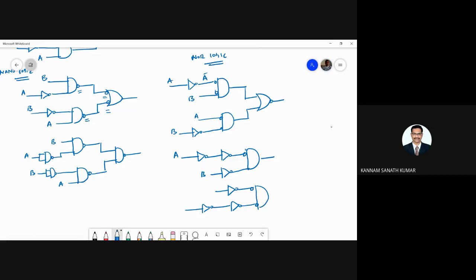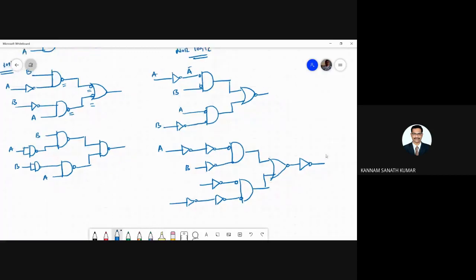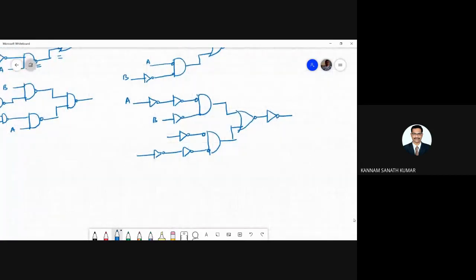Okay, so this is the bubbled AND gate. Okay, so it is given to the NOR gate. Okay, here also you added the bubble. You need to add the inverter. So wherever you added the bubble, you need to add the inverter. Now, what is the next step? So this is A bar, and so what is this one? This one is A, and this one is B. Okay, so these are two inverters. You can eliminate double inversion.